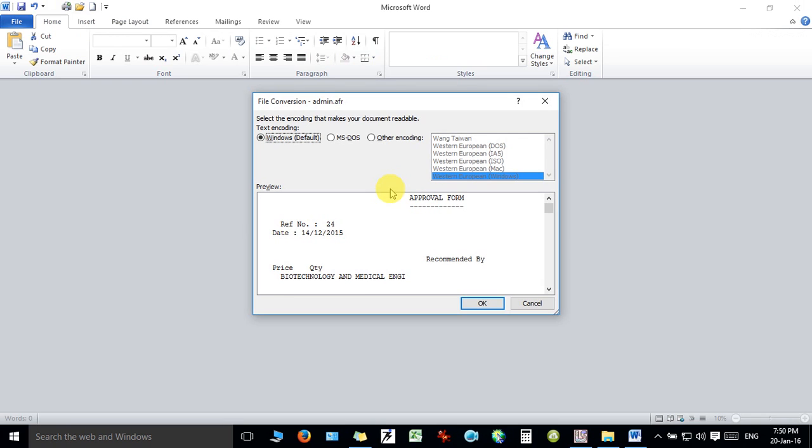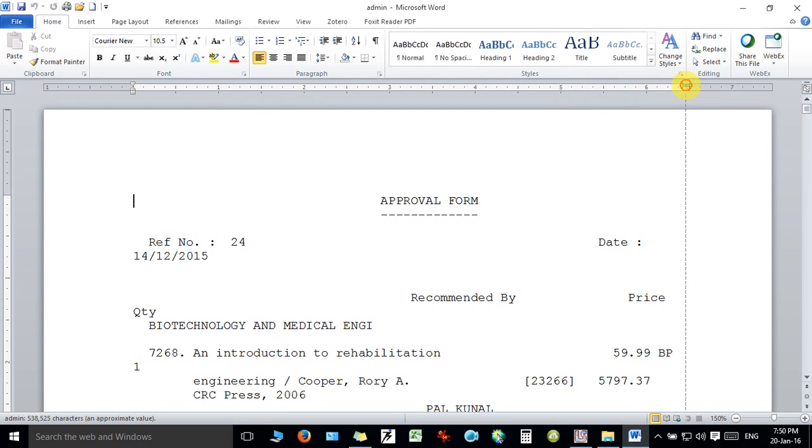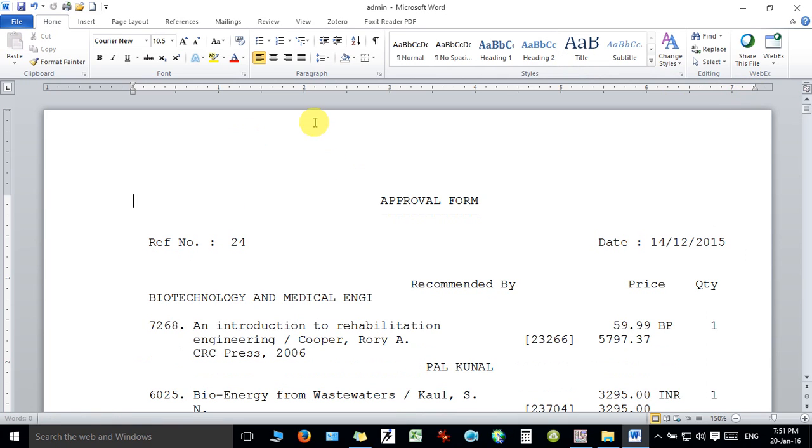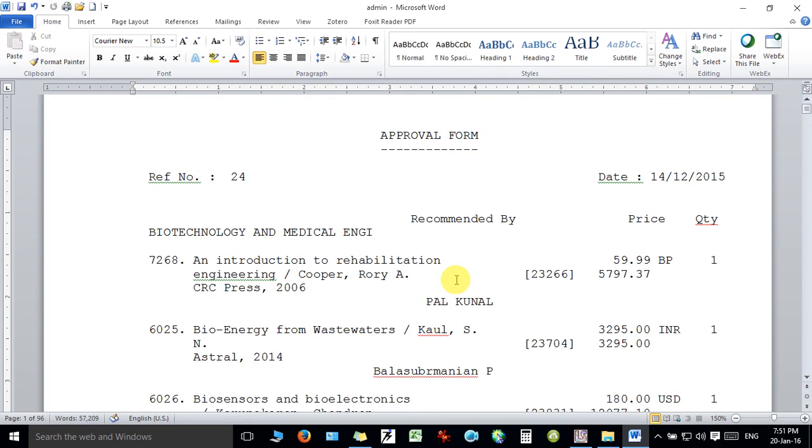It is advisable to open it with Word, so that you will have the option to adjust the layout, and here you can see I have adjusted it and now I am getting the information on one screen. This particular information you can see is coming in a zigzag format, and this information you have to separate into different columns.